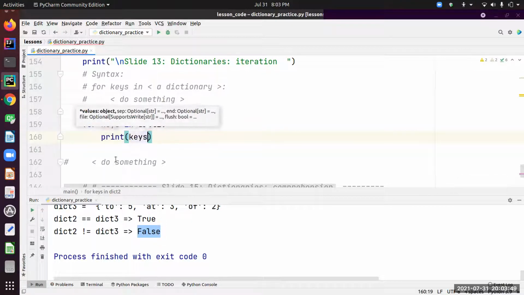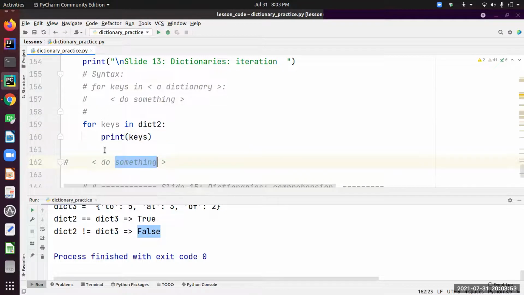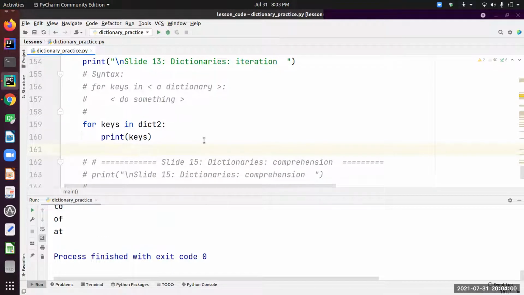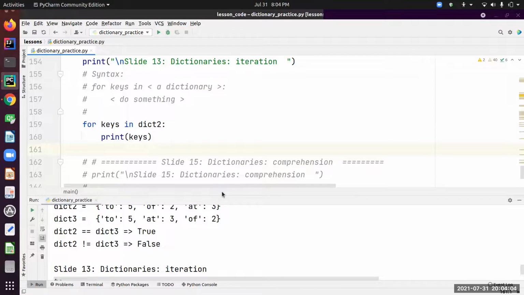All right, and we don't need this line. So you can use a while loop, but you can destructively iterate using a while loop. Also, you can use